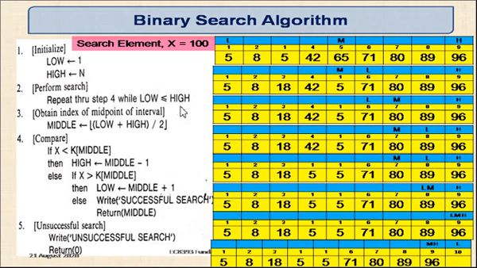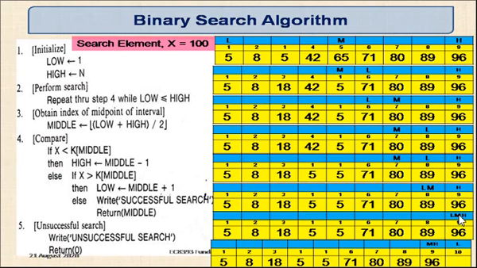Now also the condition low is less than or equal to high is satisfied because L is 8, H is 9. And it calculates a new middle value. Low plus H by 2, 8 plus 9 by 2, 8, middle is 8. So it will keep the middle pointer at the 8th position. Now it checks whether 100 is less than K of middle. What is middle? 8. So K of 8 is 89. 100 is not less than 89. So the condition fails. It will go to the else case. 100 is greater than 89. So it will adjust again the lower pointer to the new position. Low is equal to middle plus 1. So this low is moved to this one.